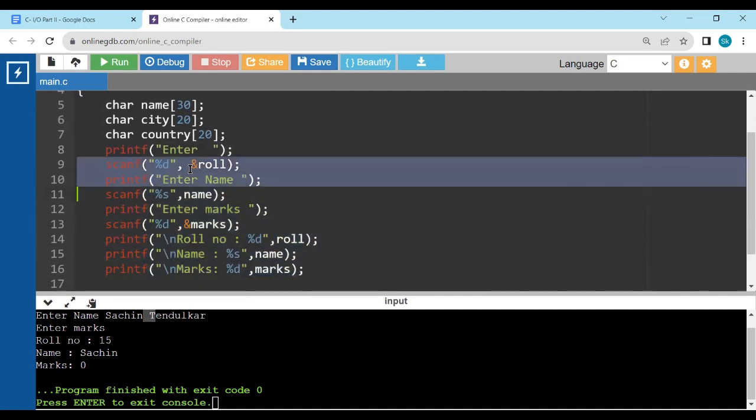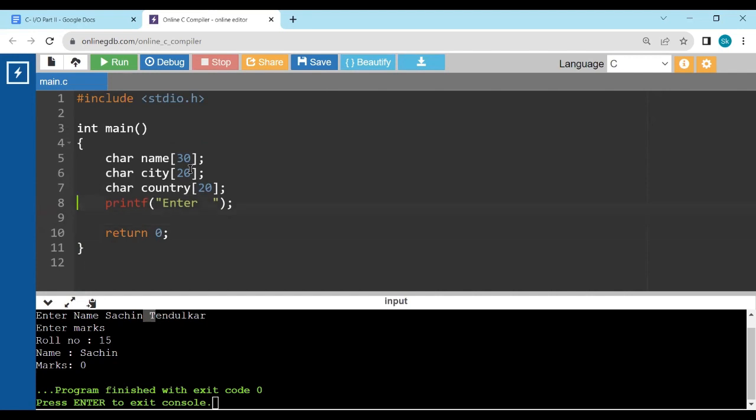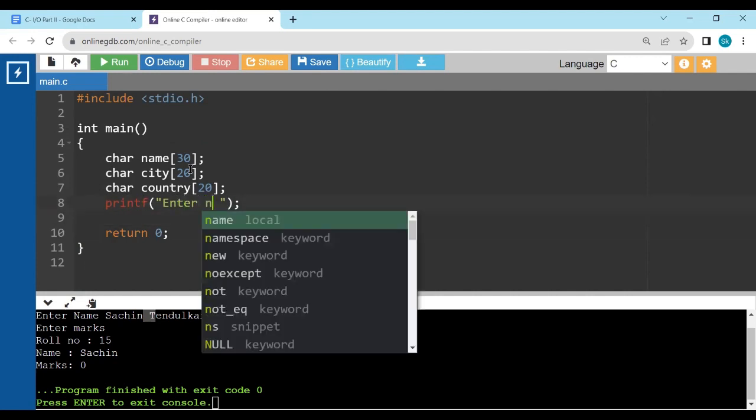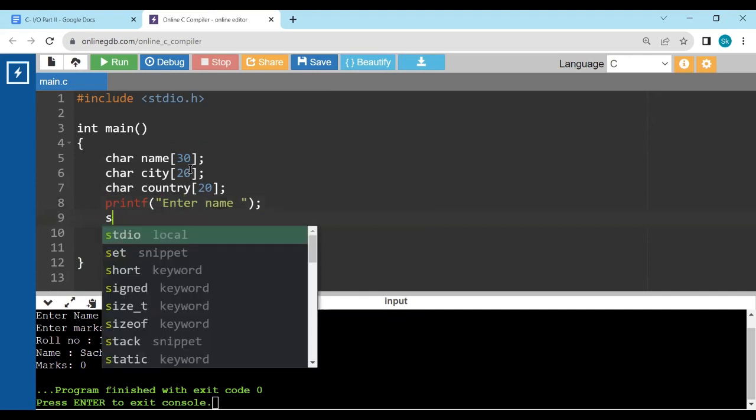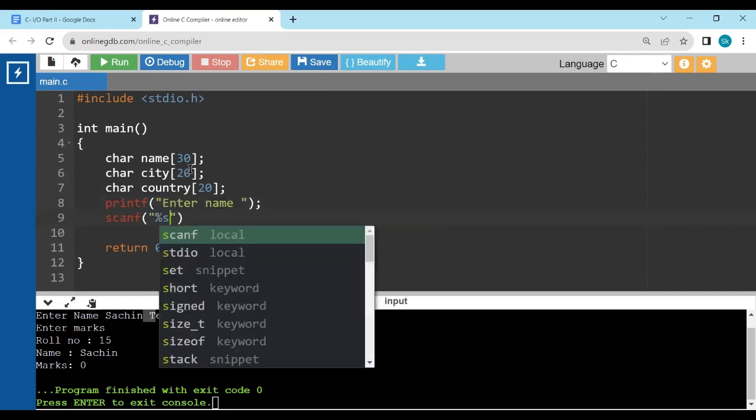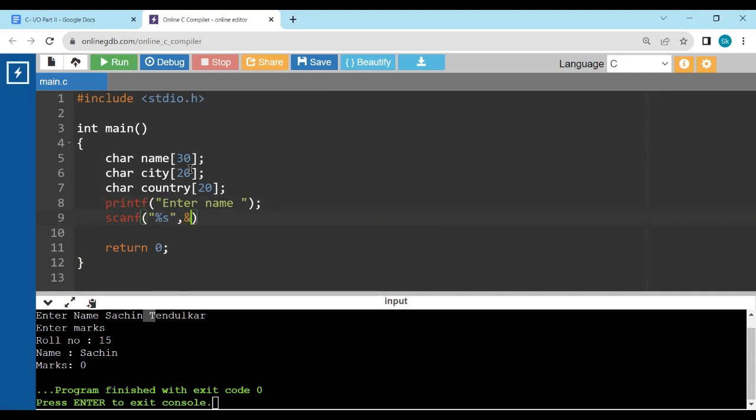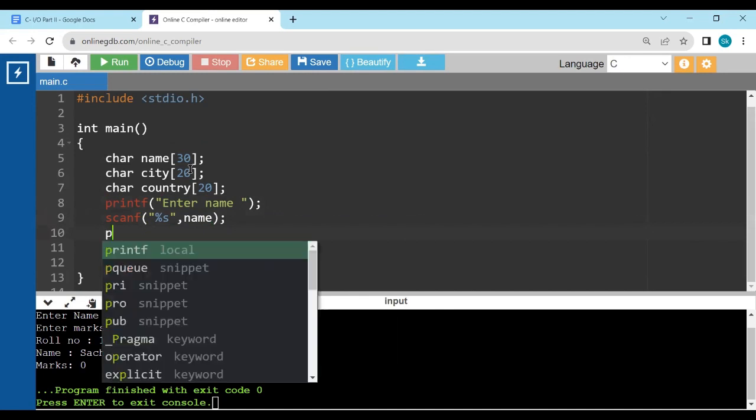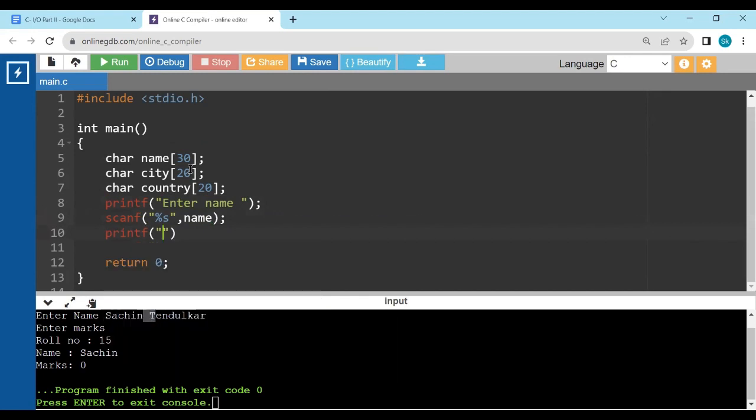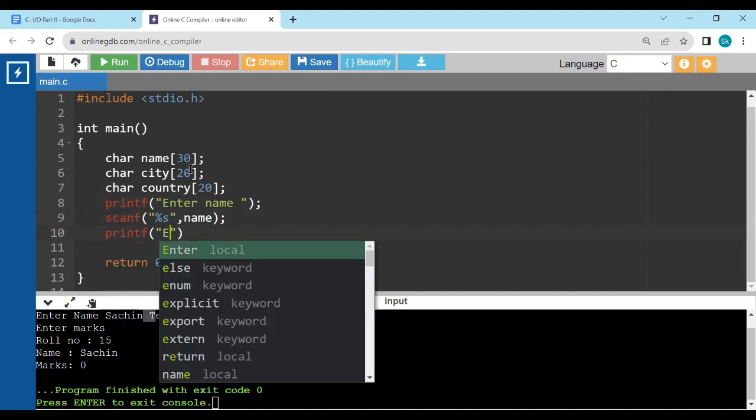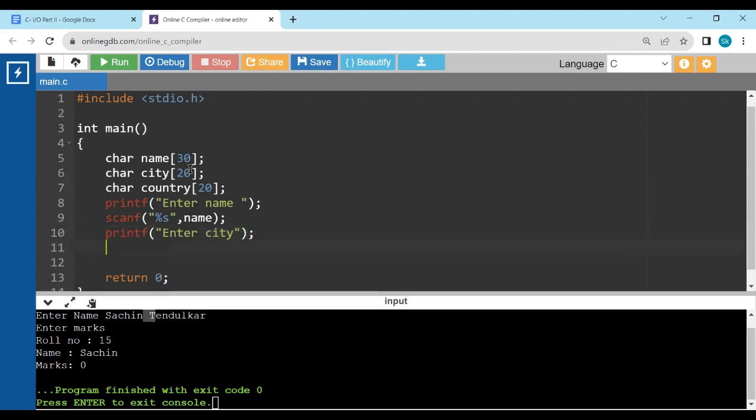What we do here is printf enter name, and as usual with the scanf we take the value of name. So this will be, ampersand not required. Okay, we should not require any ampersand here. Printf enter city. This is the city. So scanf percentage s city,